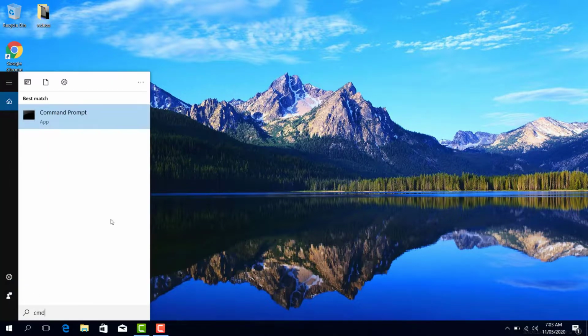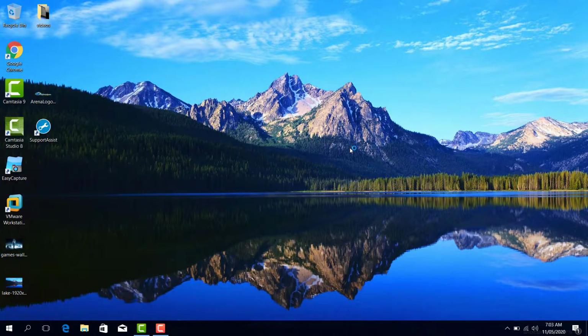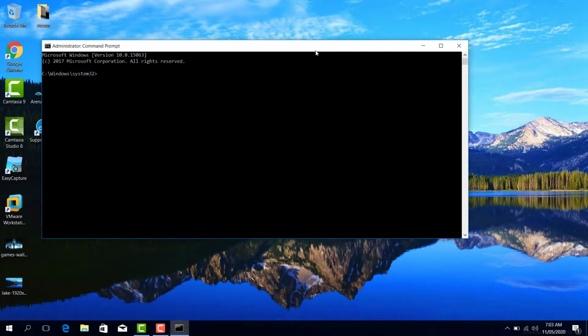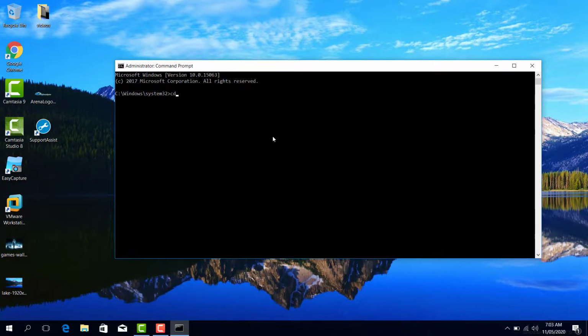I have restarted the computer. Let's validate the Hyper-V installation using the DISM command as well. Open up the command prompt using the administrator account. Just type DISM, the same command, with a slightly different parameter: /online. We are going to get it from the running operating system.